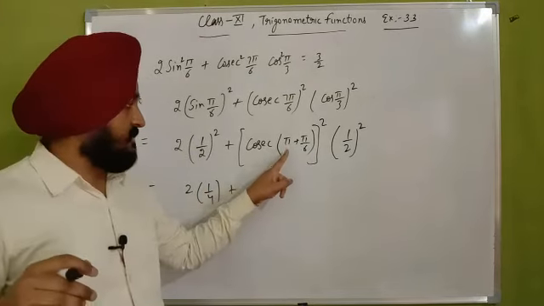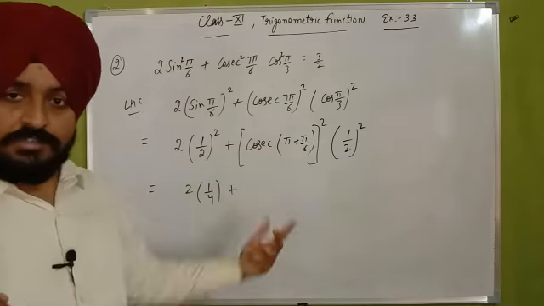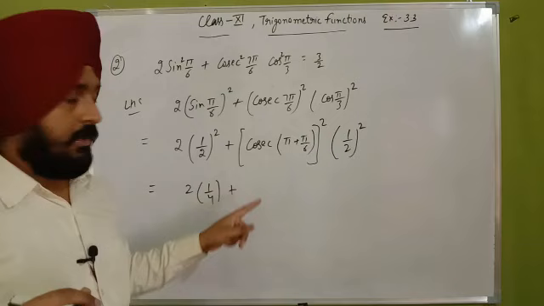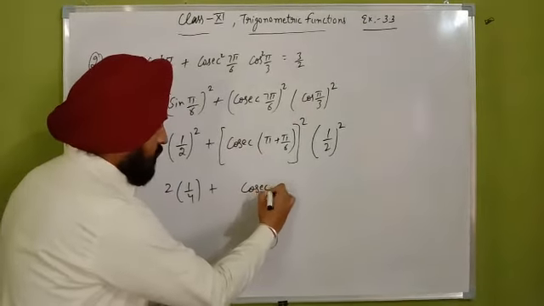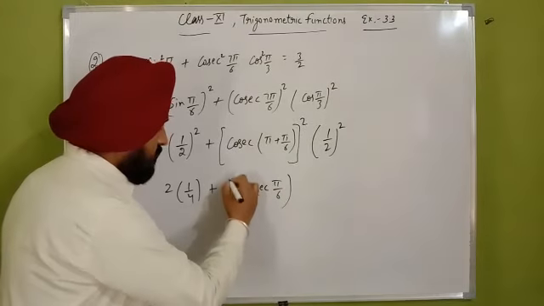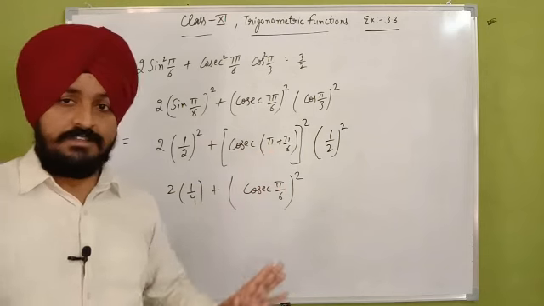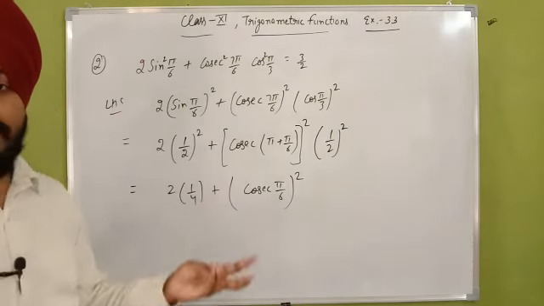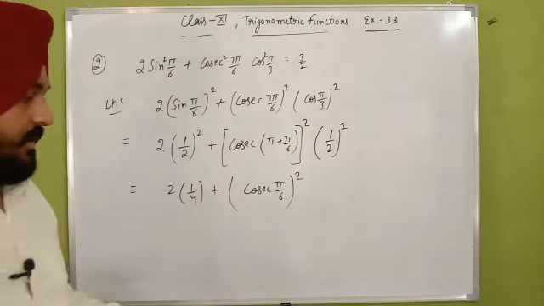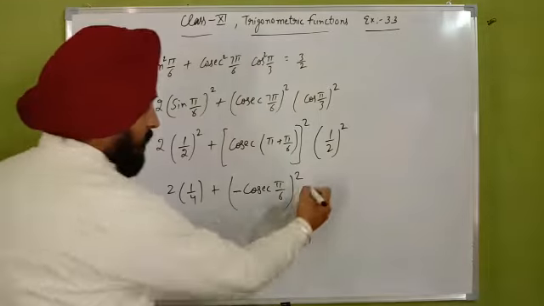Plus, now you have to check its quadrant. Since it is pi plus, firstly you can write cosecant as cosecant. It will not change into secant because it is a multiple of pi there. So first of all write here cosecant pi by 6 whole square. Now check its quadrant. Pi plus means it goes to the third quadrant. In the third quadrant only tan and cot are positive, others are negative there. So we will write there negative cosecant pi by 6 and 1 by 4 there.